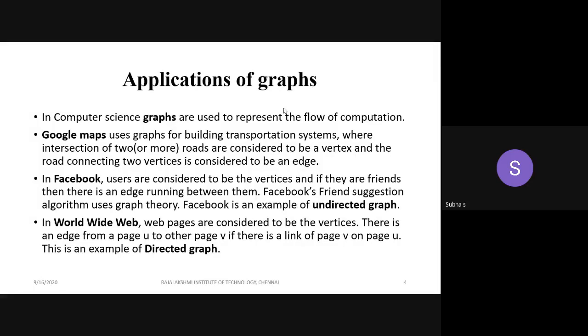In that video, you saw the social media. We are using so many different kinds of social media. A simple example, Facebook. All the users are considered as the vertices. How are they connected? Only if you accept your friend request, or someone accepts your request. So now you both are connected.